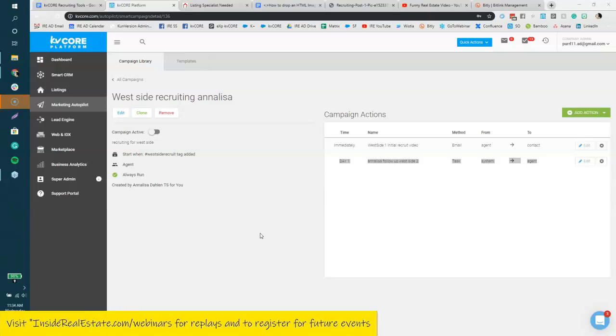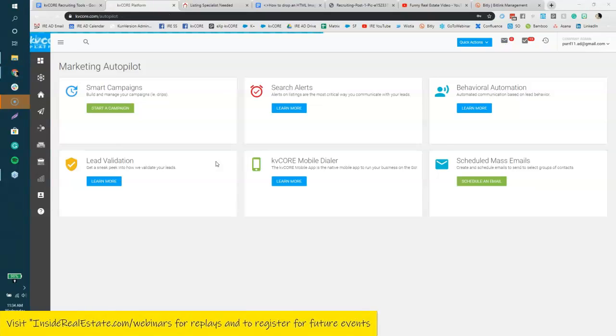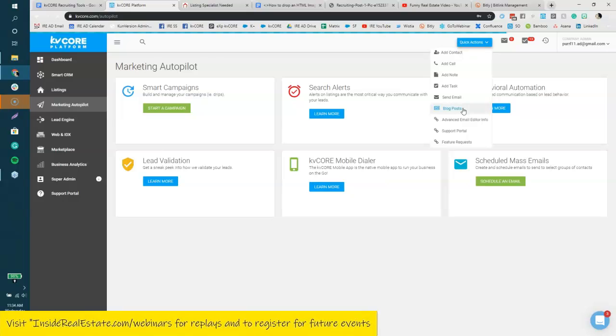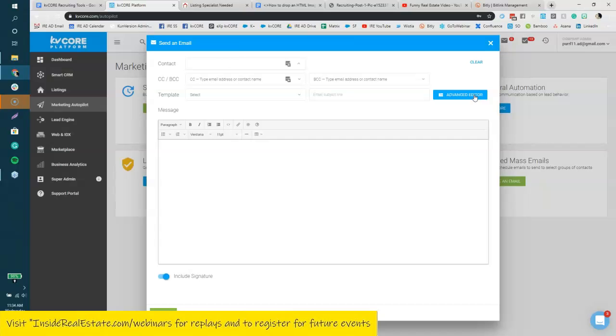Oh, Rebecca's saying, hey, I've tried to add photos to the email template, and it says the folder is read only. So here's how it works. When we're looking at the scheduled mass email or the advanced, I should just call it the advanced editor. So if we go to create any type of email and we go into send email, advanced editor,